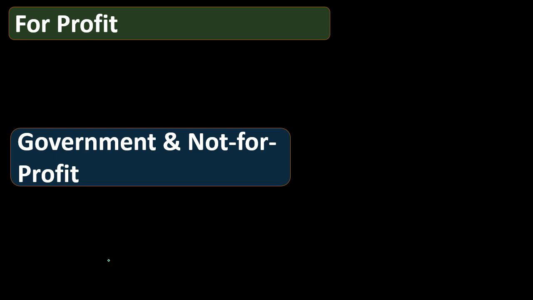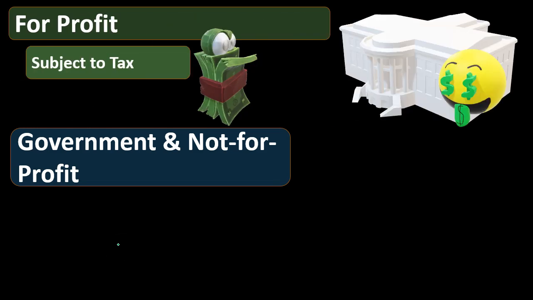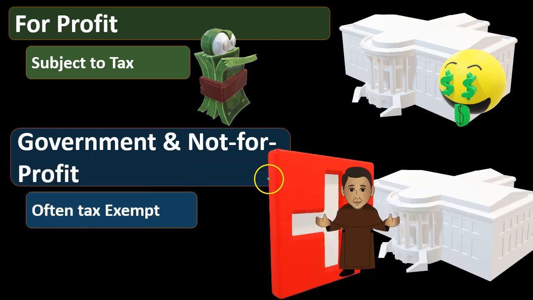The other way we can group the government and not-for-profit organizations together and compare and contrast them to a for-profit organization is through the tax code. We can basically say, well, the for-profit organization is going to be subject to taxation. The profits are going to be subject to taxation. The government and not-for-profit organizations then are often exempt from taxes. So that's going to be another way that we can define government and not-for-profit being grouped together as opposed to for-profit, the for-profit being subject to taxes, not-for-profit oftentimes not being subject to taxes.